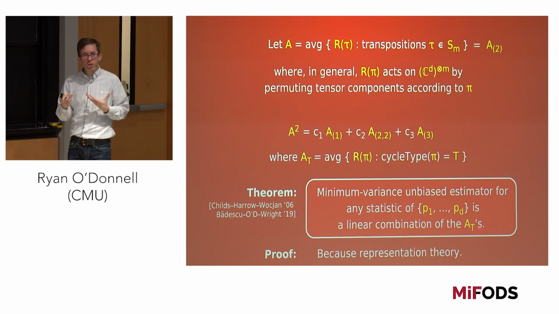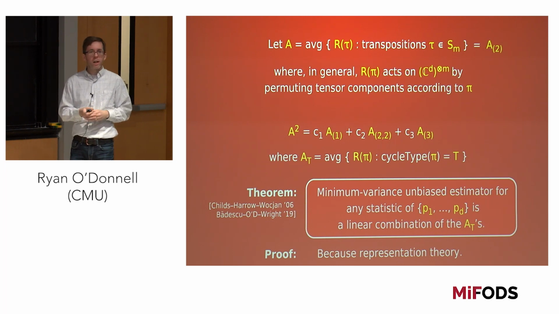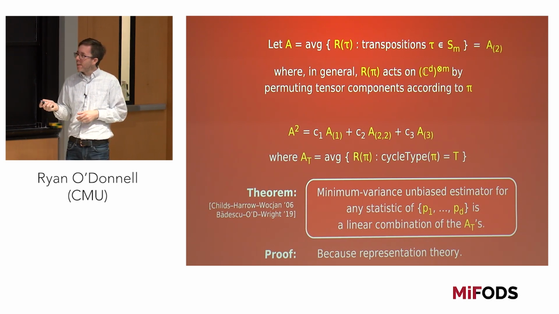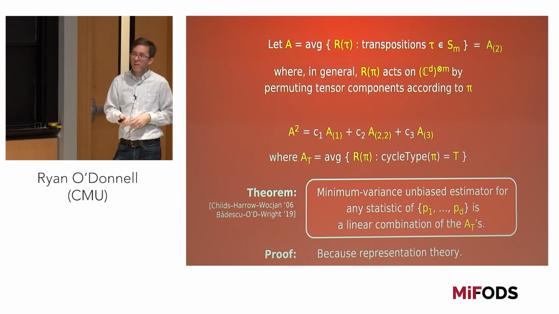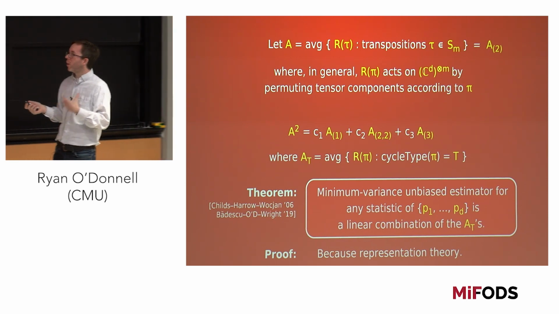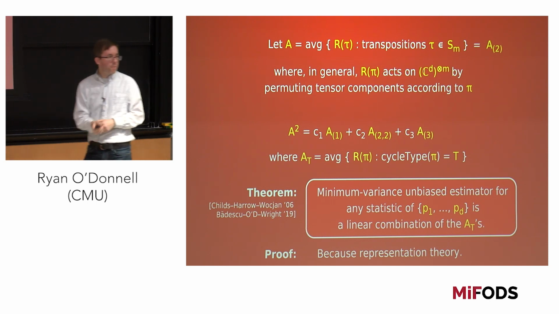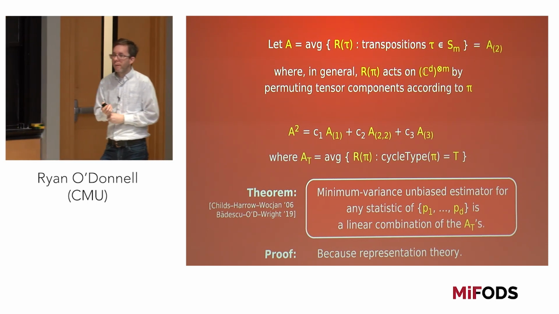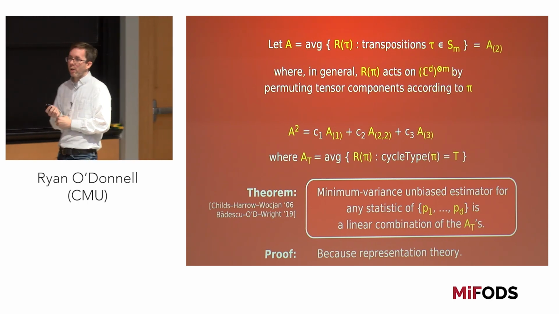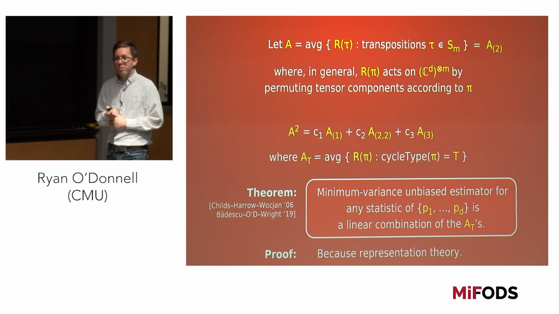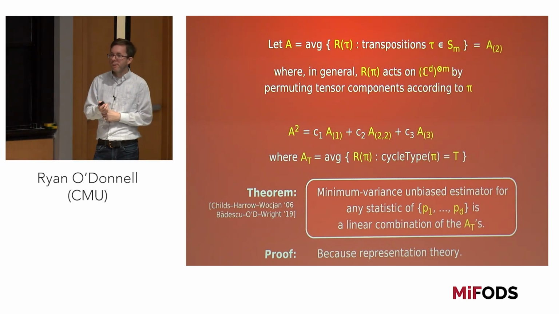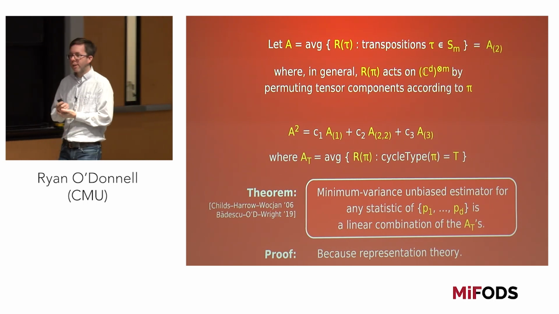And it's because there's a lot of symmetries in the problem that you can average over. You can average over the symmetries of reordering the M samples, because they're drawn from an IID distribution. And since you only care about the p's and not the v's themselves, you can also average over unitary rotations of the v's. And when you do all these averagings, you will always get an operator that's a linear combination of these ATs. And just to be clear, this allows any permutation. It could be that the minimum variance unbiased estimator is the one that averages over all permutations. Yeah, although this would probably be a trivial operator. Well, maybe for a trivial statistic. Yeah.